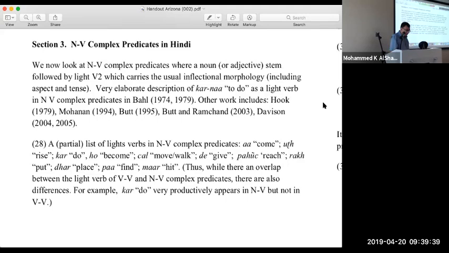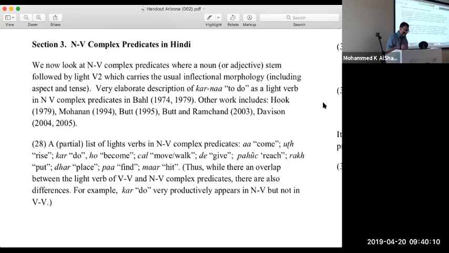There's less work on this topic in Hindi than there is in Persian. There is significant work done by Miriam Butt in this domain, but there are relatively few people who've done stuff that is theoretical in nature. So there's descriptive work that I referred to earlier, but it's sort of a domain which needs to be studied a bit more, and maybe with an eye towards Persian, so that we can sort of learn what you guys